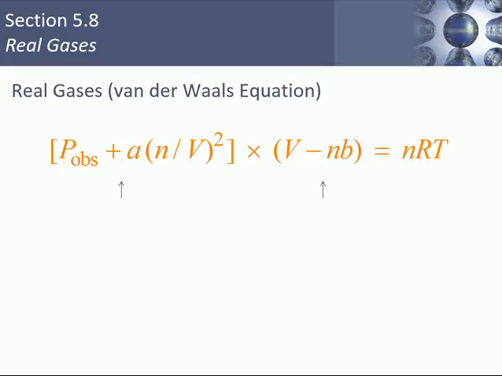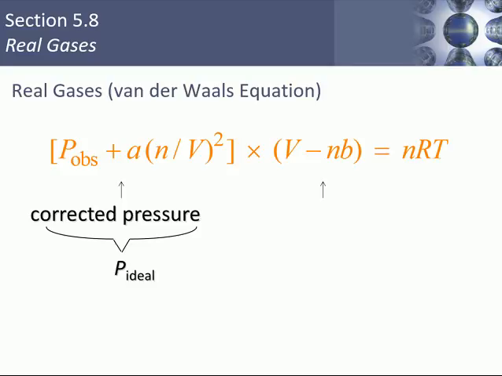All right, so it is true that there is no such thing as an ideal gas. It's a hypothetical concept. No gas behaves ideally. Why, you ask? Well, because the universe hates you, that's why. But if we're going to describe what real gases behave like, we have to make some corrections or adjustments to our ideal gas law. And so what we actually have here is the ideal gas law with some corrections.